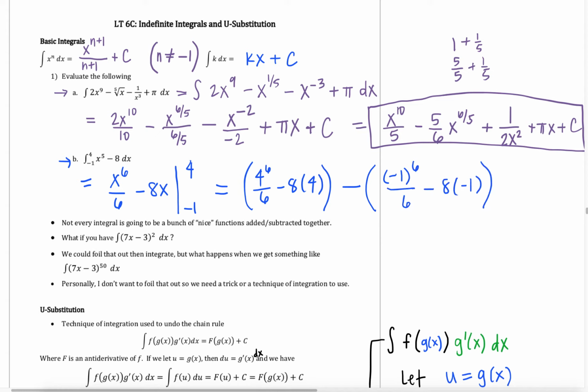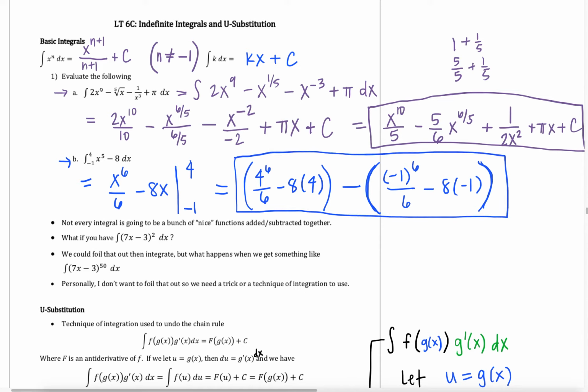And we want to make sure that we're being careful and we have parentheses around our second quantity here where we subbed in the -1, and we also do need parentheses around that -1 when we raise it to the 6th power. We could simplify it, but for the sake of time, I'm just going to leave that as our final answer. So I did want us to see some review just to refresh our memory,